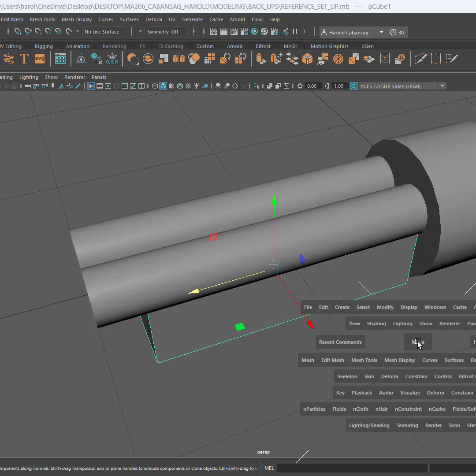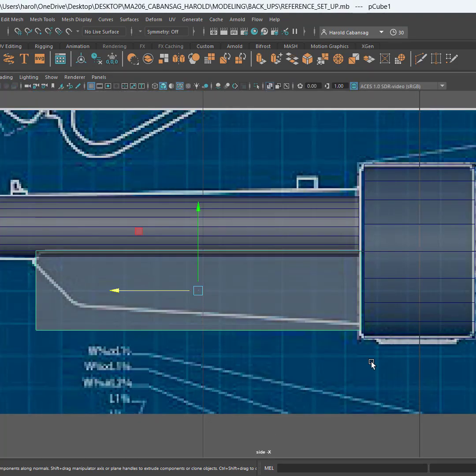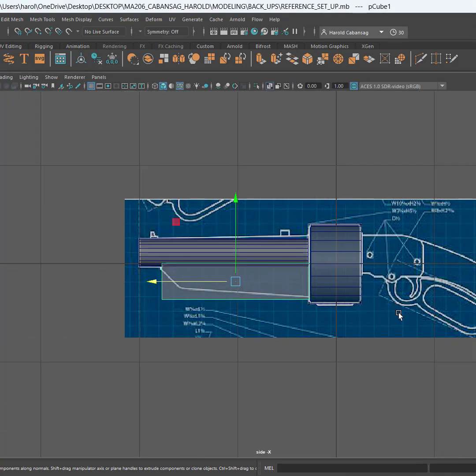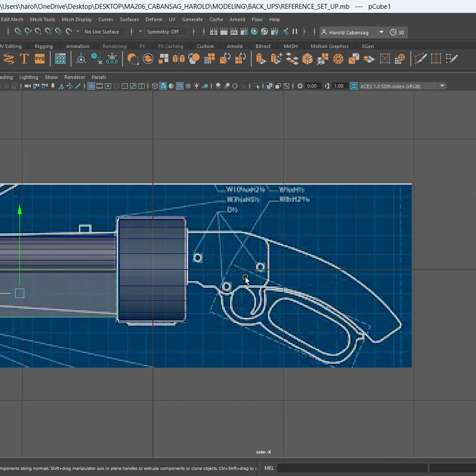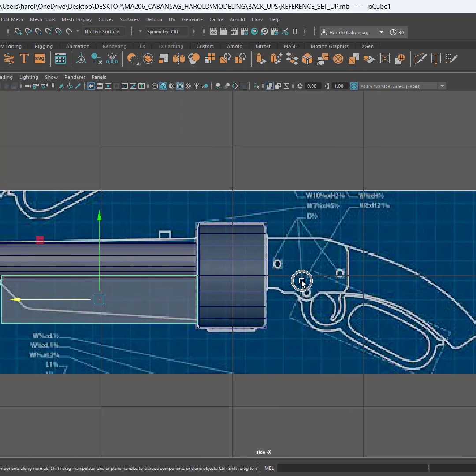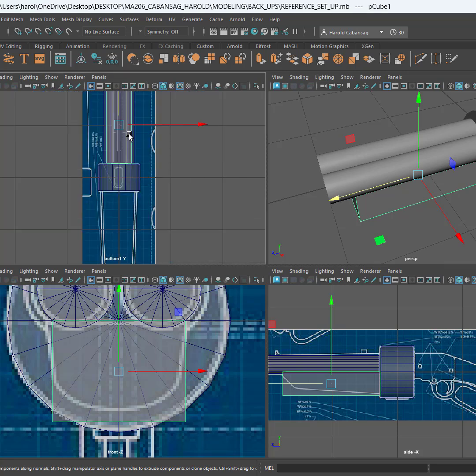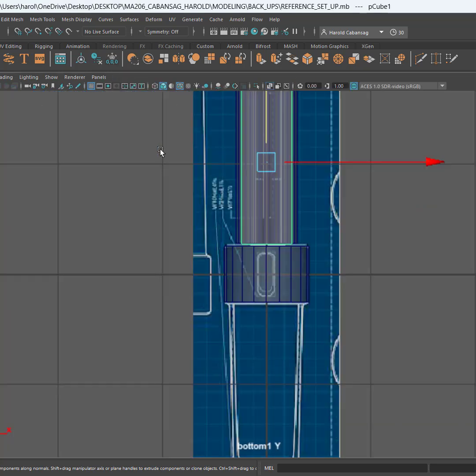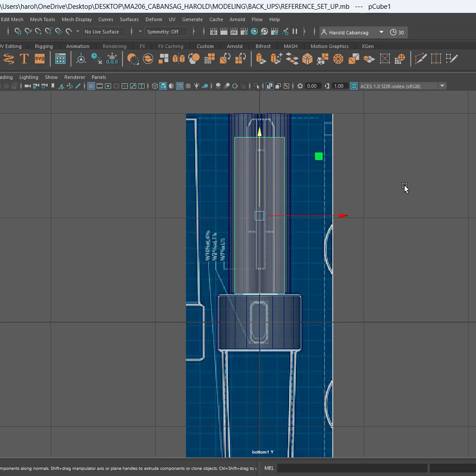W for move, so all is fine here. So let's go for our parts here at the back. I'll just hold shift,